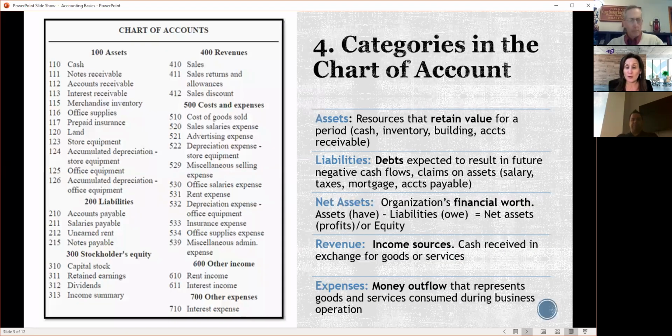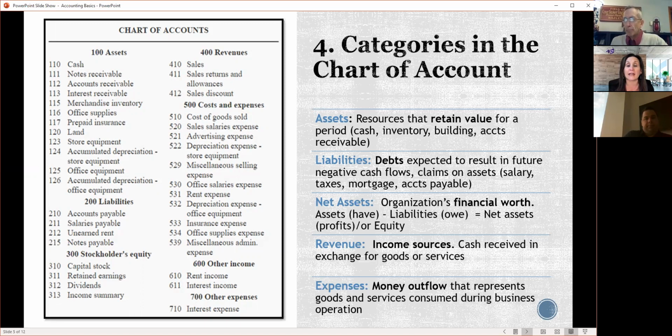All right, so number 4, let's go back to this idea of the chart of accounts, because I think this is really paramount and essential to understanding how the data is categorized and organized in the financial world. So the chart of accounts, again, is a coding system. And the graphic here is just an example of one chart of accounts. But what you can see is that it's broken into categories or buckets. And under each category are other smaller groups that relate to that particular category. So the 5 basic categories that most organizations have in their chart of accounts are as follows.